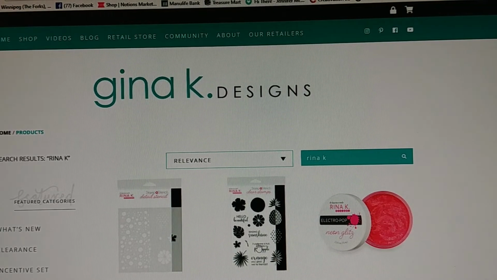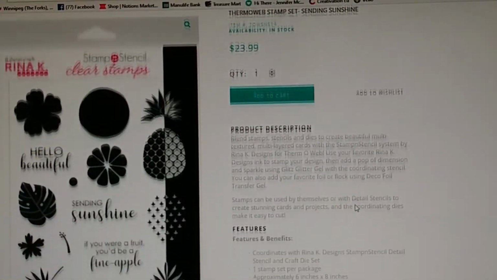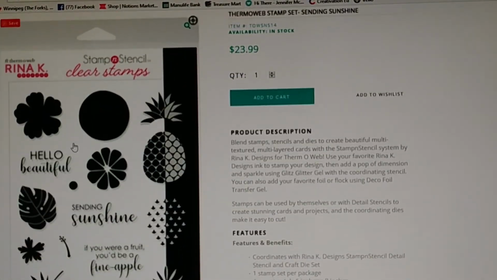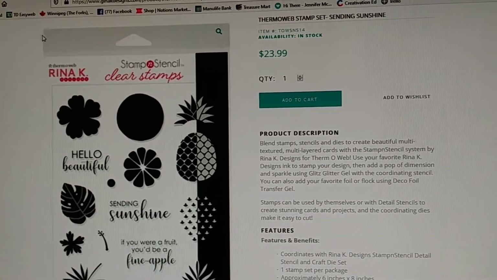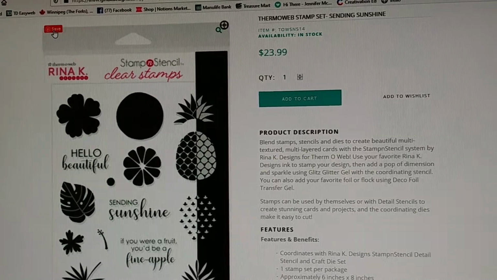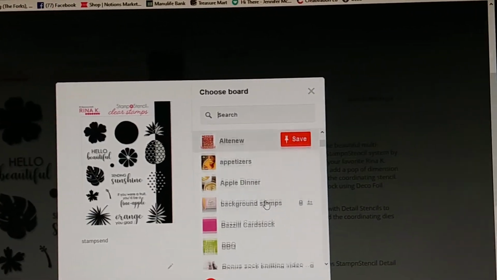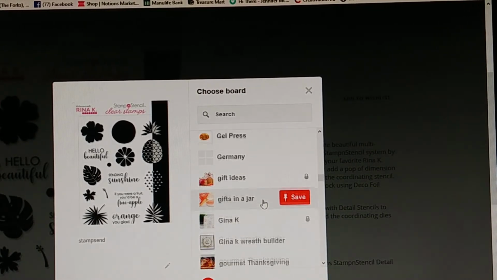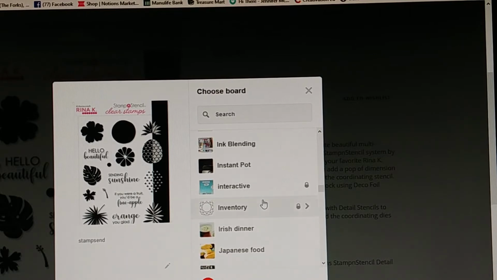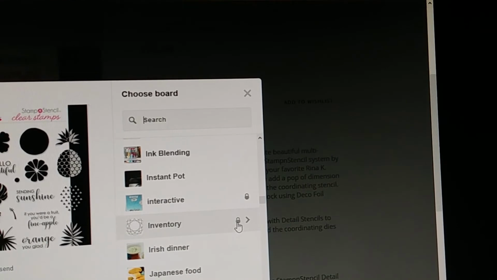So I can get a picture of this. And let's see if I can pin it. Sometimes, oh, there's the, make sure you can see it. I've got the little pin button here. I'm going to click that. And when I scroll down my boards, I've got an inventory board. And you can see from this little lock symbol that it's a secret board. So I'm going to click it